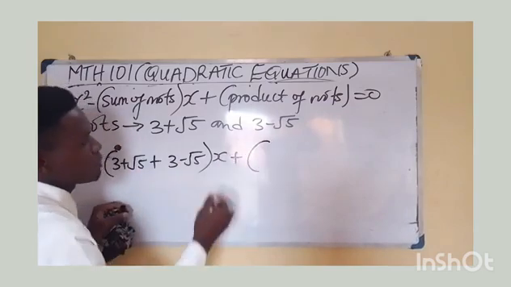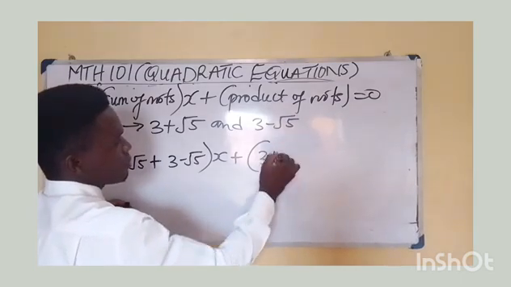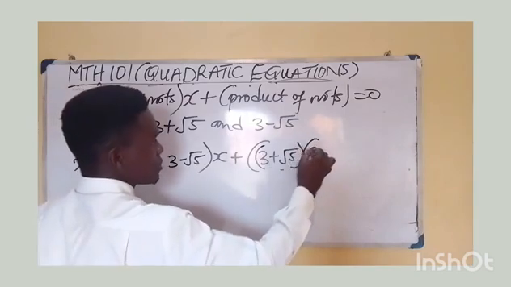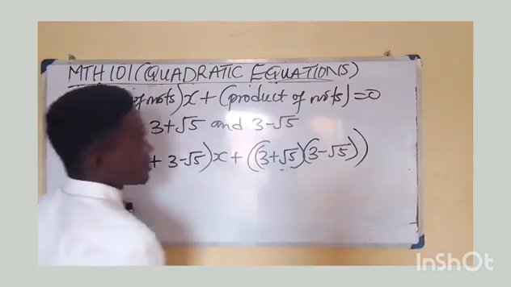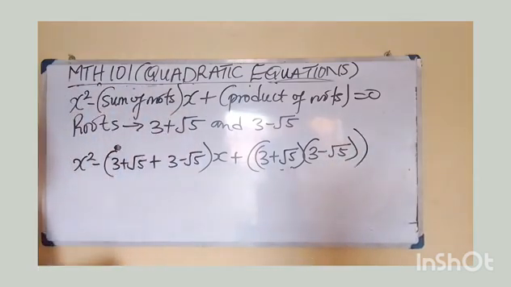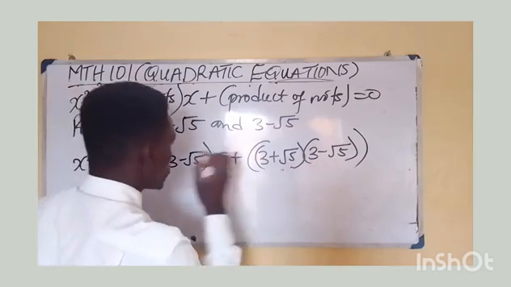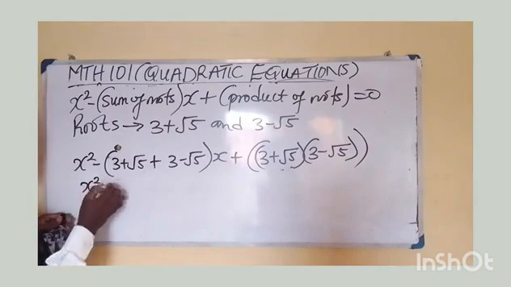Then the product of roots means 3 plus root 5, then 3 minus root 5. Do you understand? Product means times, so I'm going to multiply these two, but I'll sum these two together. So I'll be having x squared minus,